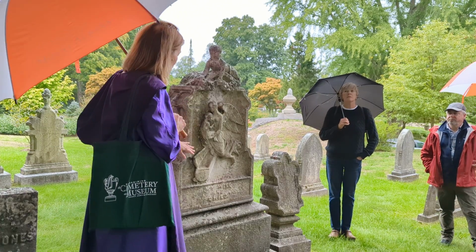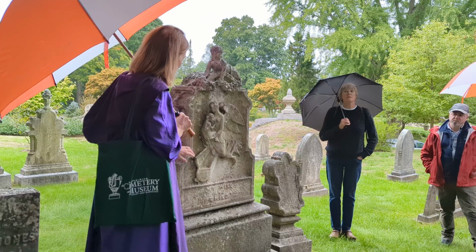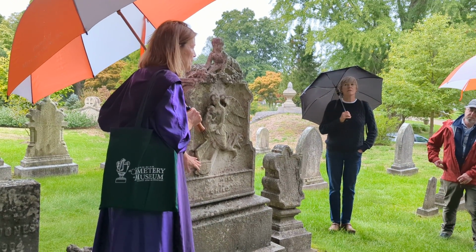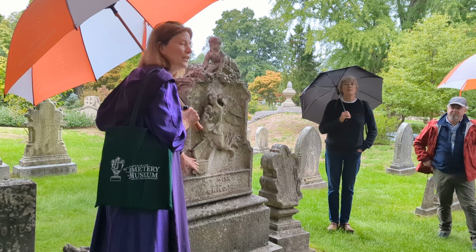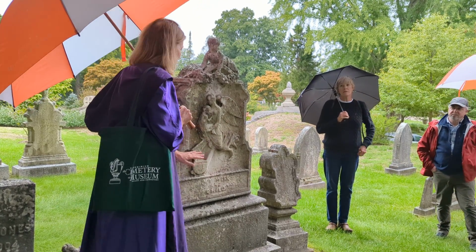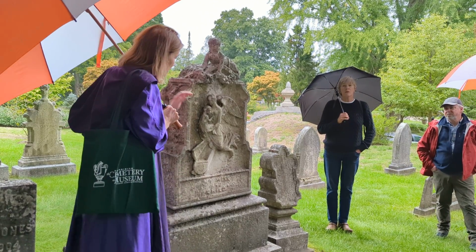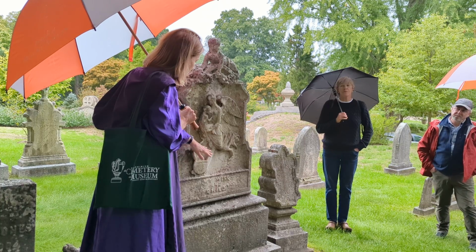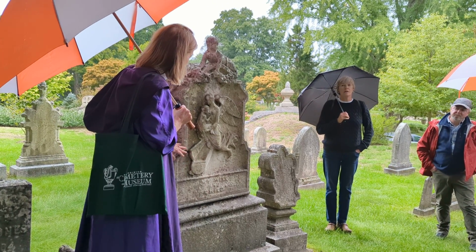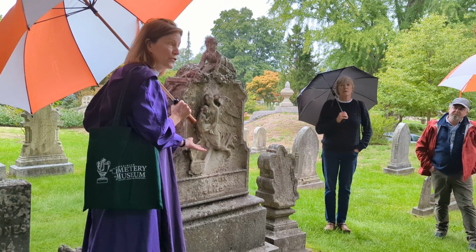It's really quite a remarkable monument, because it also has an open casket. It's the only coffin I've ever seen depicted on a monument here, or no, there are a lot in Italy. The only one here at Mount Auburn that I've ever seen. So it's almost a literal depiction. It's a story that's being told, a narrative about the mother bringing the child and the soul of the child